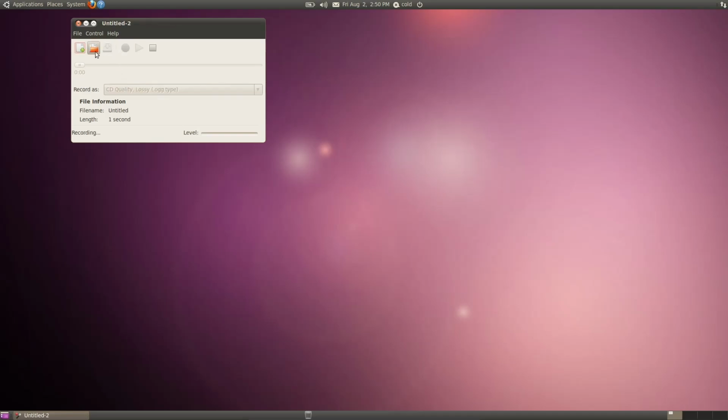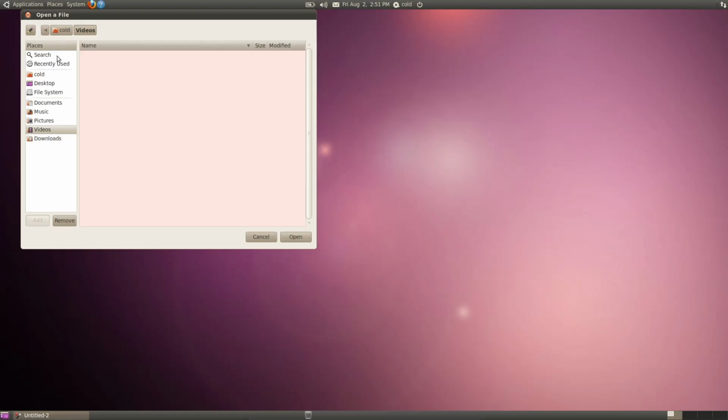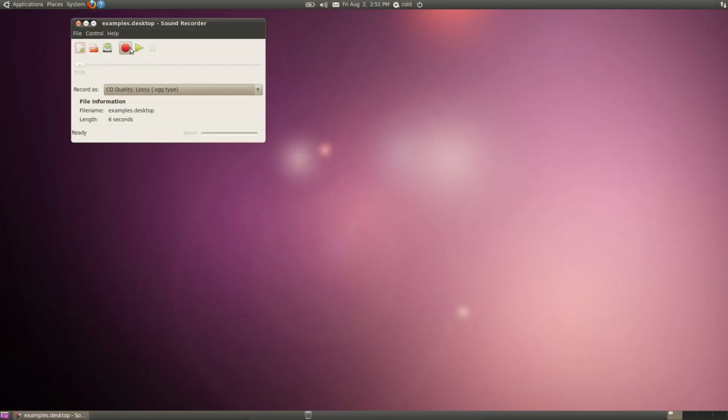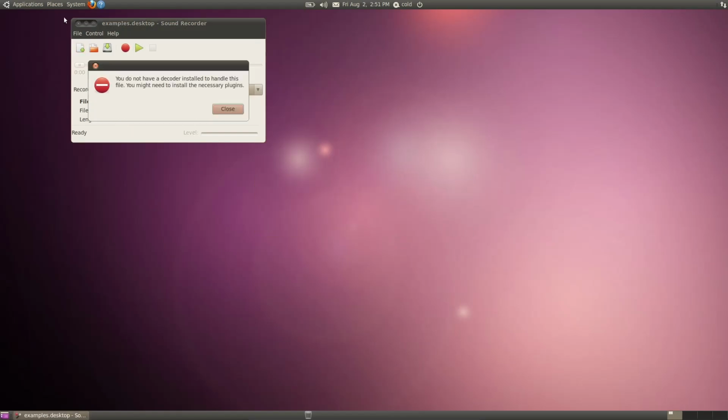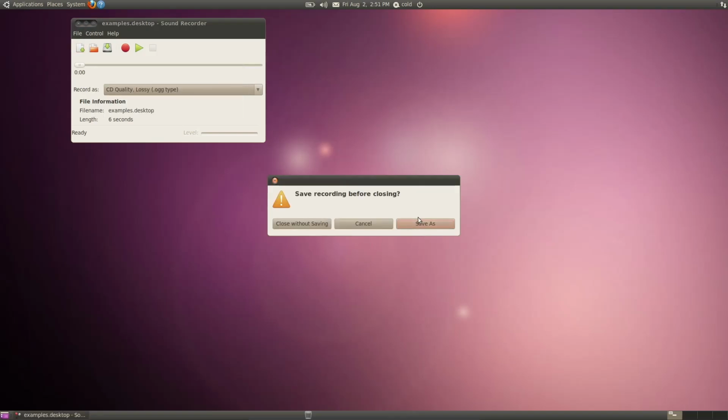Hi. I cannot find my... Is it this one? I have no idea how to use Ubuntu